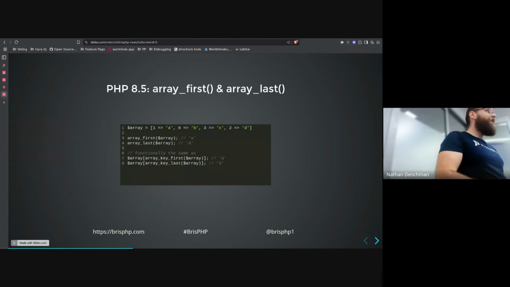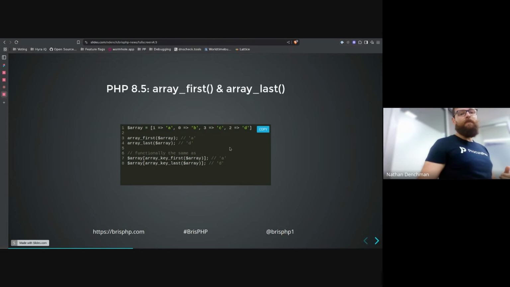Continuing previous trends, we're adding more array functions as well, which I don't know why. There's another trend of doing userland implementations of things instead of adding to the underlying C implementation because it's more accessible for every PHP developer to update and maintain. But alas, we've also added array first and array last, which previously in 8.4 we got array key first and array key last, but this second way is cumbersome to use. So we've also now got array first and array last, which I'm not mad about. It's easy, but it seems